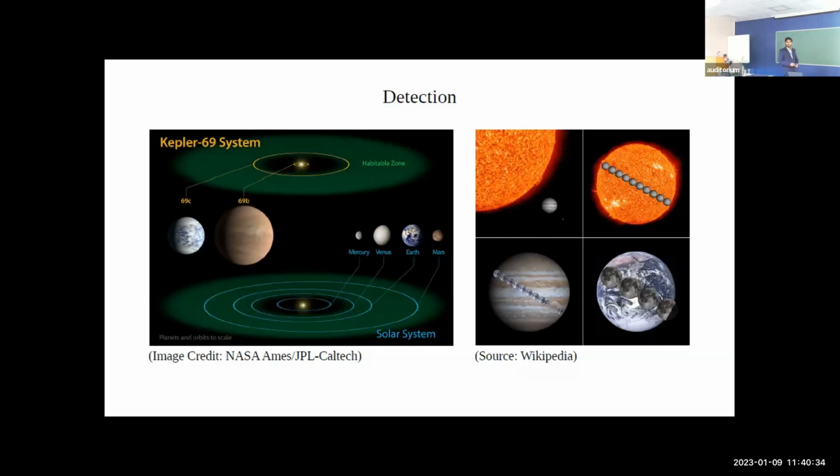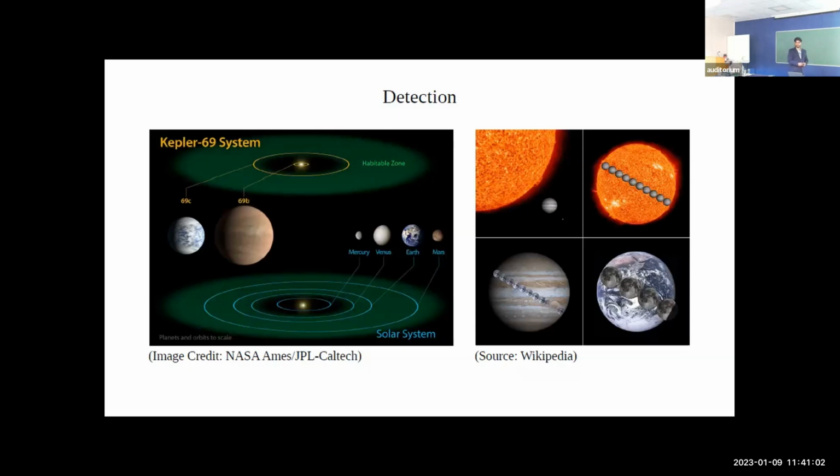So for an exoplanetary system, how do we discover it? If a planet comes in front of the star, it actually blocks some of the light coming from the star. Now, if a planet like Earth comes in front of the star, it will block very little light. It is actually very difficult to detect a planet like Earth itself. The Kepler mission has discovered a few Earth-sized candidates, and just imagine